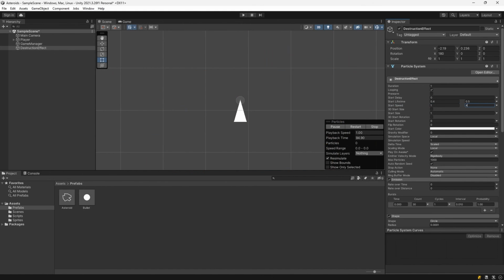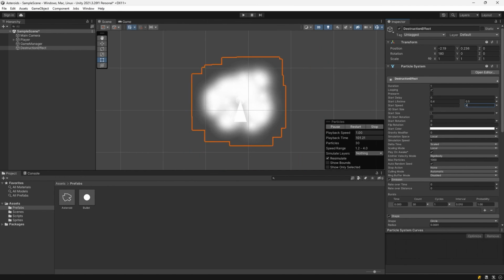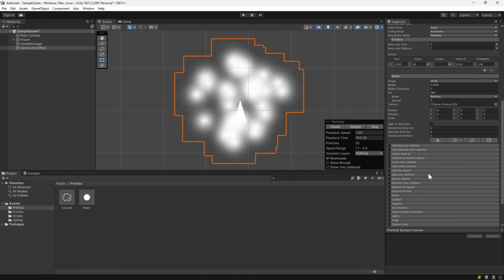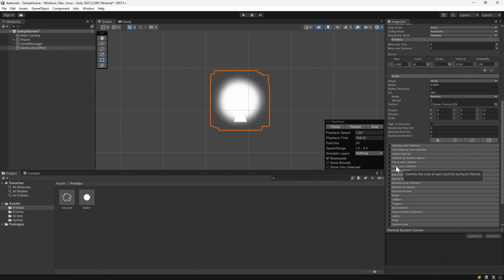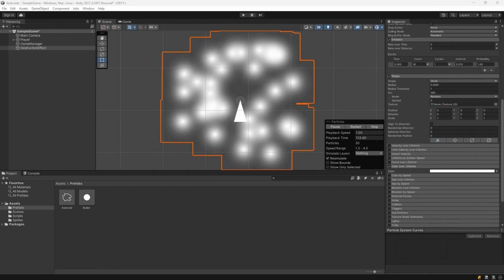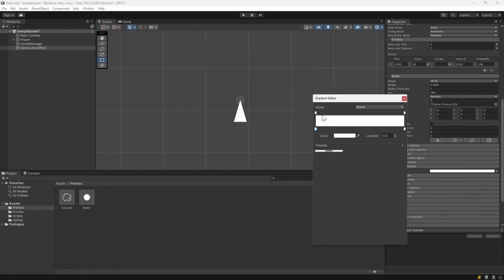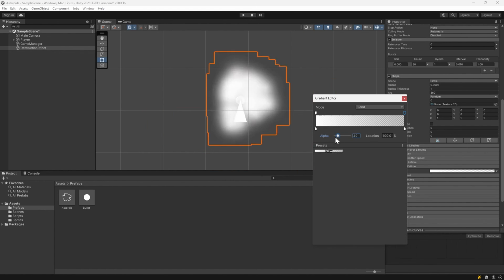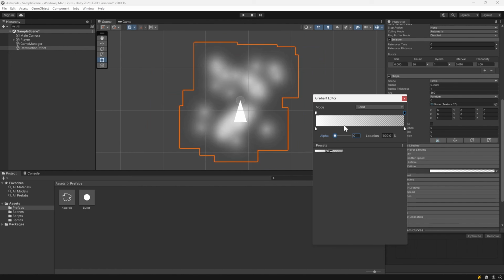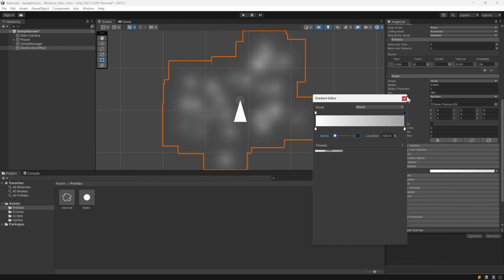At the moment, they disappear quite abruptly. Instead, we'll fade them out. Go to the Colour over Lifetime tab and open up the dialog by clicking on the white box. The top triangles are to do with the alpha and the bottom 2 with the colour, with the left side being what it is at the start and the right side at the end. So click on the top right triangle, then set this to 0,